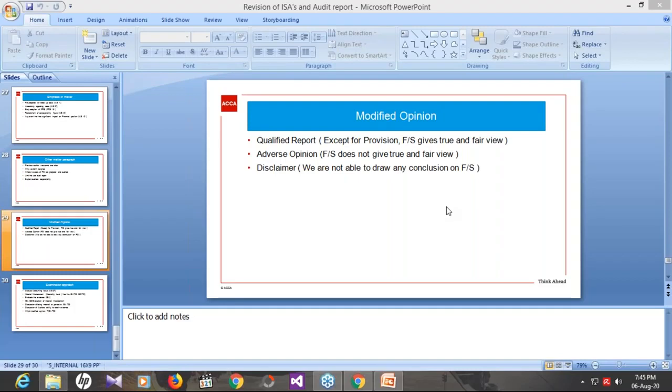Time constraints. Pavitra, time constraint is very important. You need to manage your time from your practice. Whenever you are practicing a question at home, you should calculate the time allotted to each part before you start that question. For example, say there are 6 marks for part A. So you should calculate, now we have 11 minutes to go through or write the answer for part A, and for part B that is of 20 marks I have 32 minutes, for example, and part C which is of 10 marks I have 18 minutes.